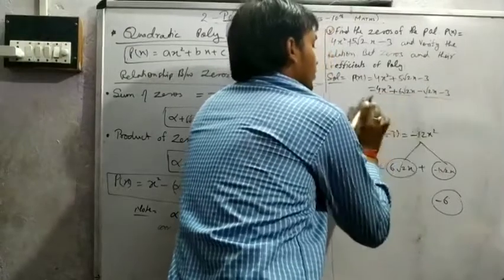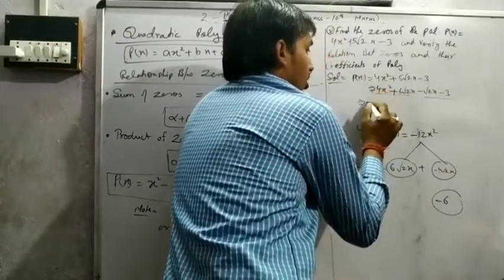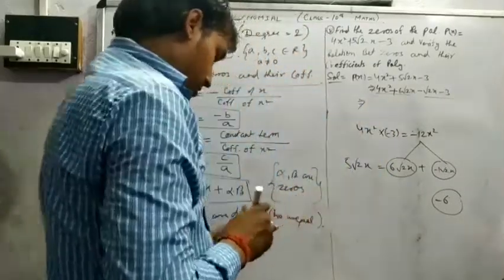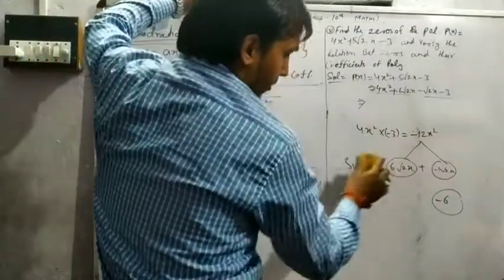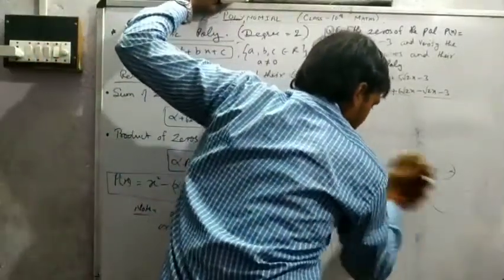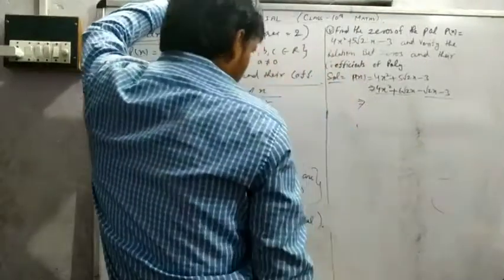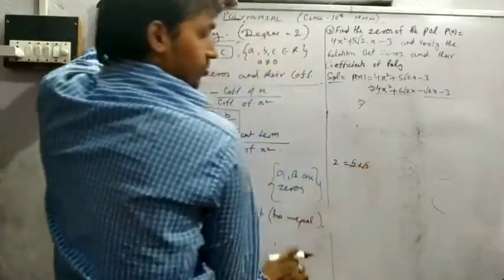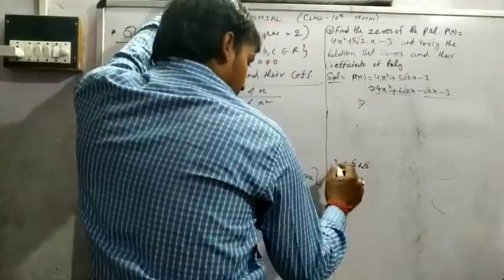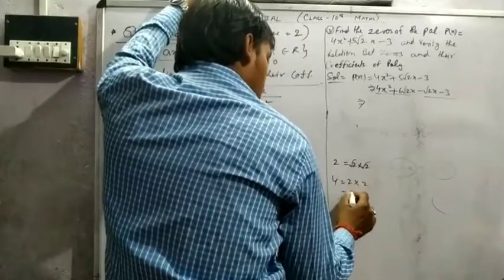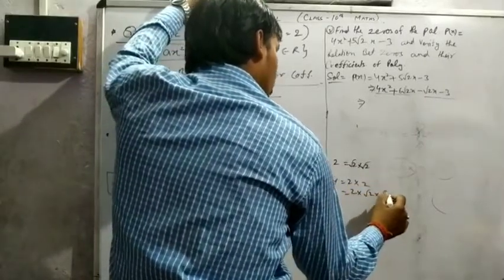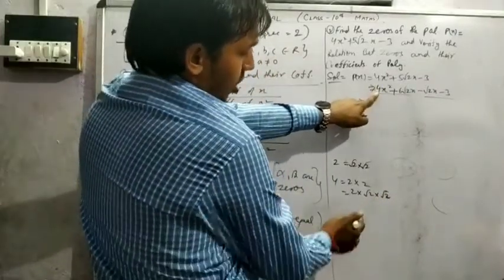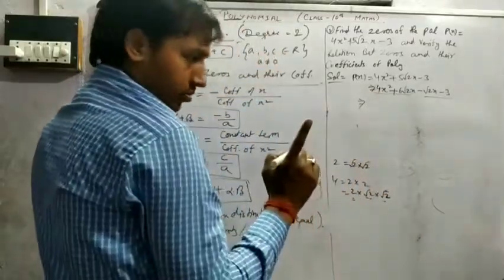Between these two terms, see one more thing here. We can write this: if we write 2, that means 2 root 2 root 2. If we write 4, it is 2 into 2, 2 into root 2 into root 2. Means in this 4, 1, 2, 2 root 2 here.